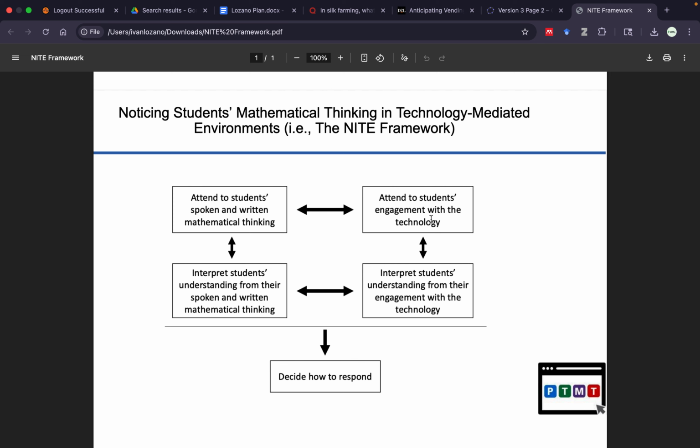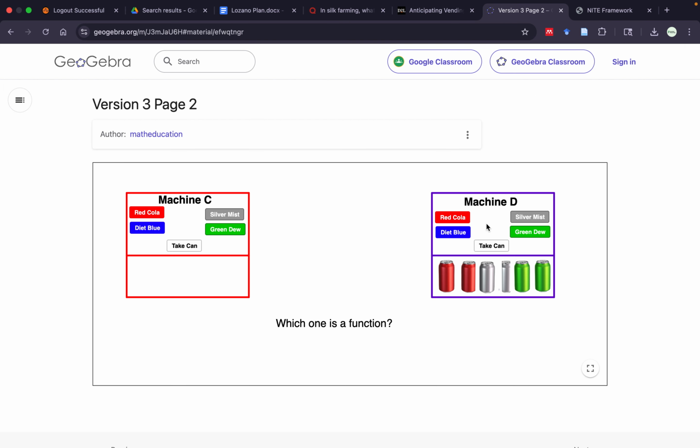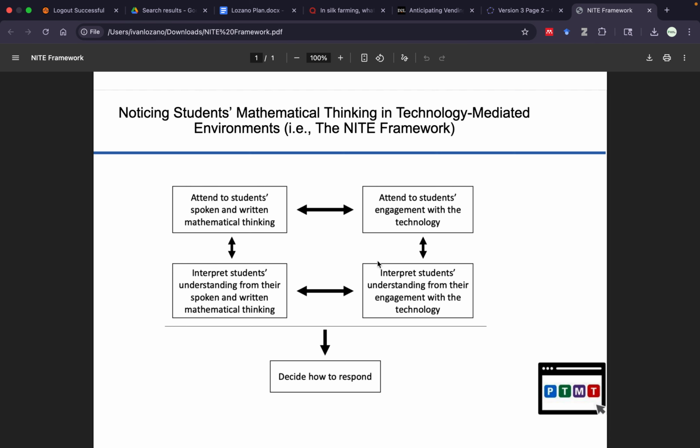Have students engage with technology. From what they say, you'll be like, okay, do they have to be? Is that really what it means for it to be a function? Then for this one, they'll really quickly see that it's not a function from the red. You'll be like, this one can't be a function because it gives out 2 when you hit the red button,